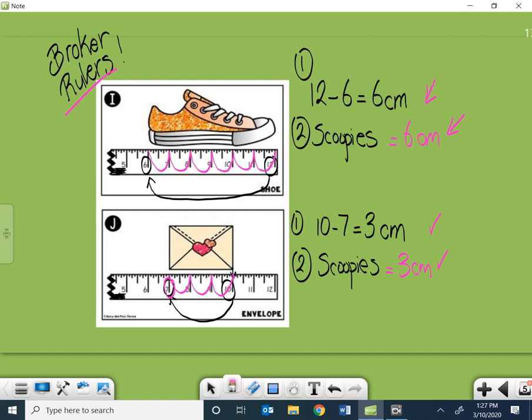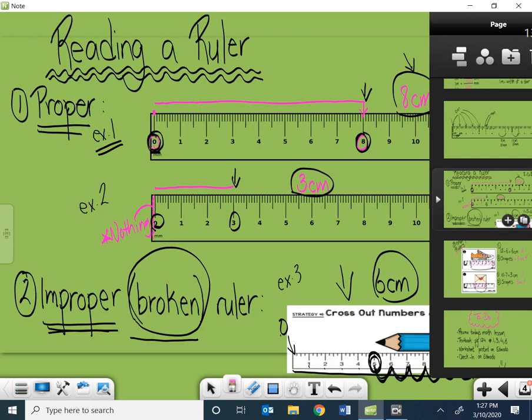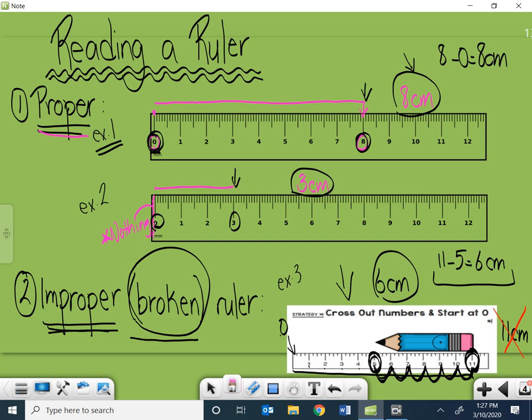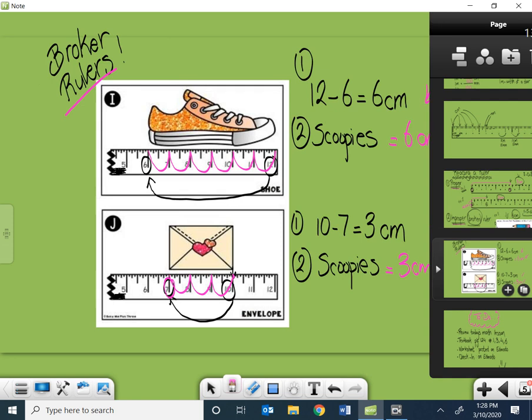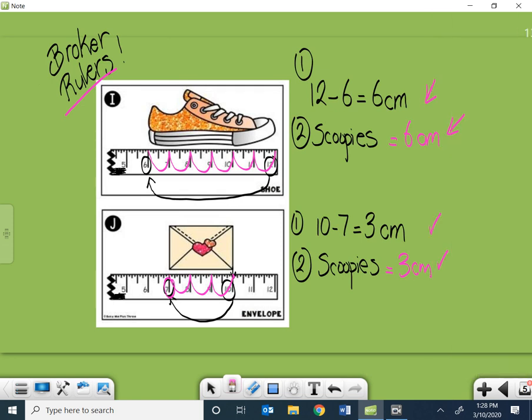Okay, so being able to understand how to measure with a regular, or what we call a proper ruler, when I'm starting at 0 and measuring an item, and also understand how to use an improper or broken ruler, in case I have not given you a part of it, and I want you to start in the middle of it. So right now I've started at 5, and we're literally in the middle of it to measure something. You still can use your measurement tools. Okay? So make sure you've gotten that. If you needed to pause or whatnot, pause it now to make sure you've got all the information. And then we'll move on